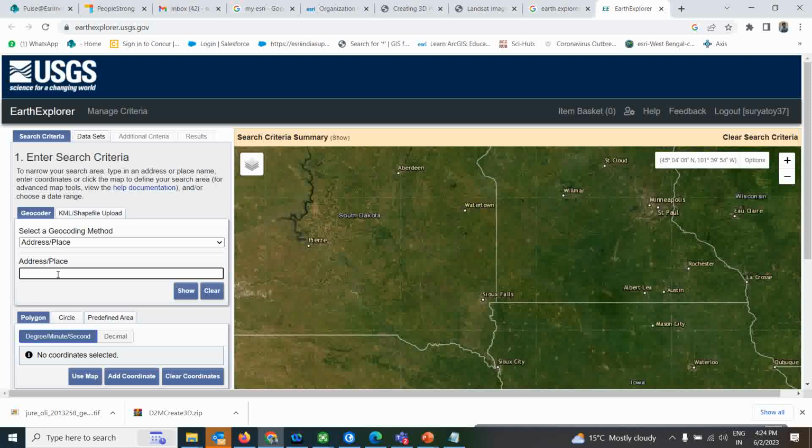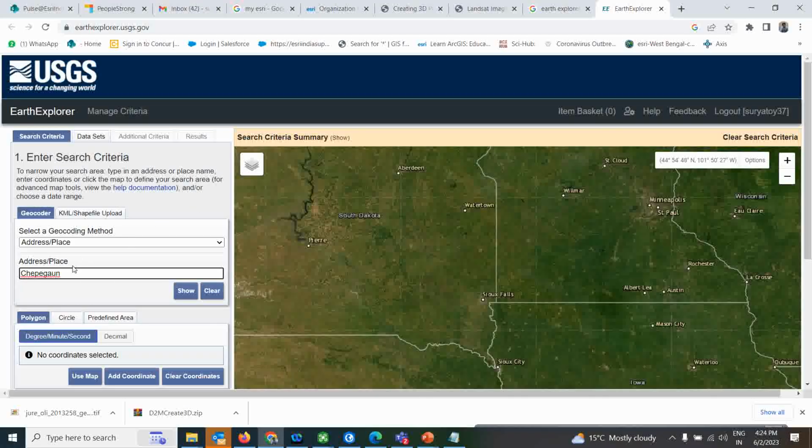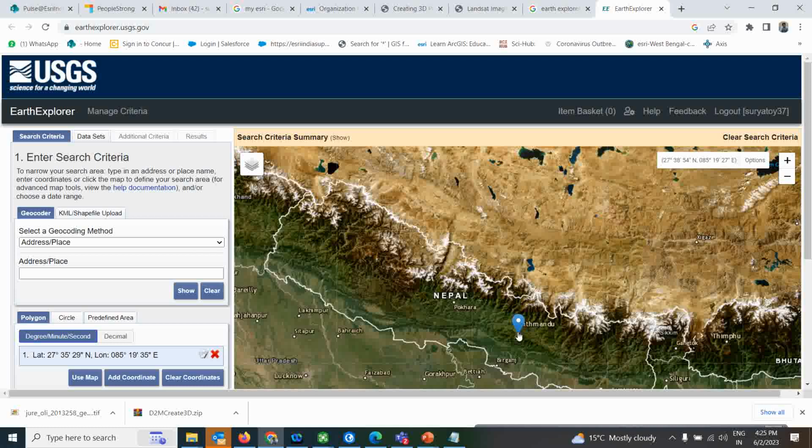So you just type CGPGAUN. Okay, so some locations over Nepal. You just click on this, okay, show. It will take you to that particular location. Even if it does not match that particular location exactly,